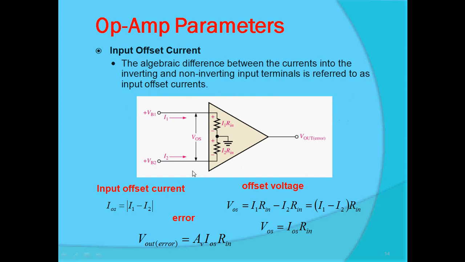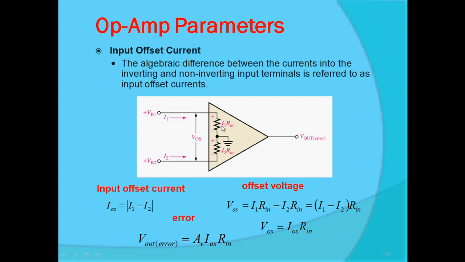Input offset current is the algebraic difference between the currents into the inverting and non-inverting input terminals, referred to as input offset current. See that I1 is the current into the non-inverting input, and I2 is the current flowing into the inverting input terminal. So my offset current is I1 minus I2, and offset voltage is nothing but, because of VB1, I1 is